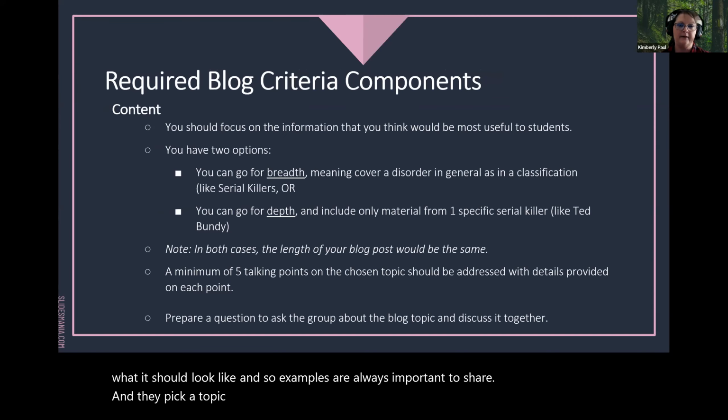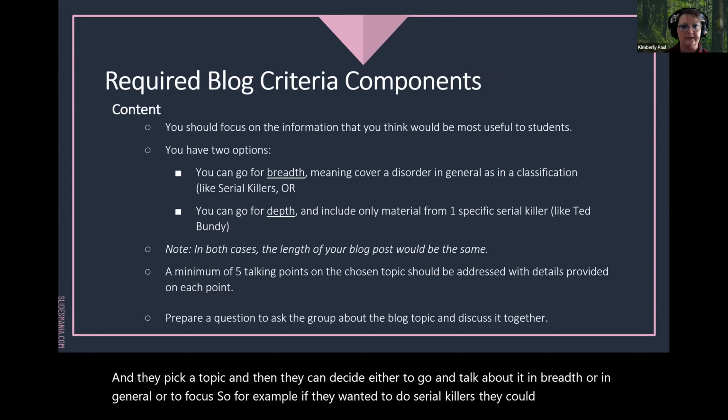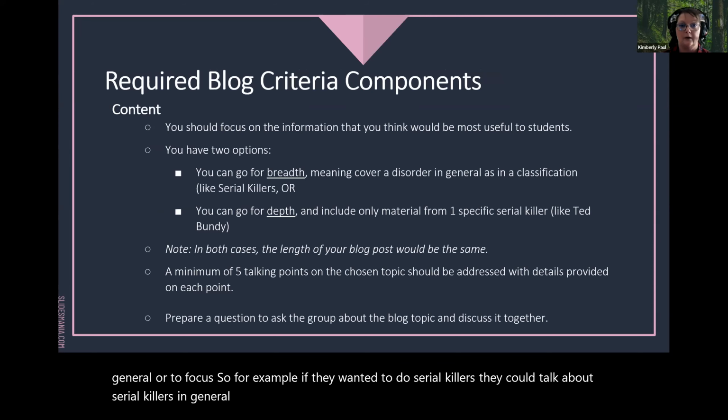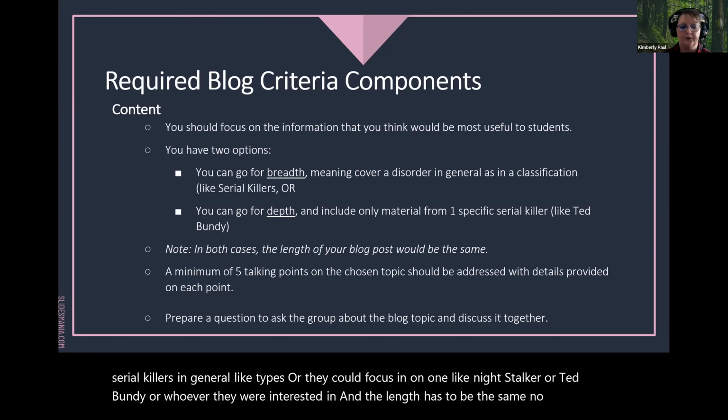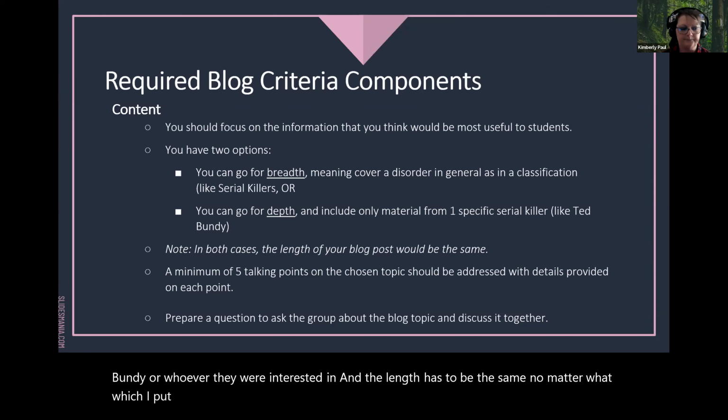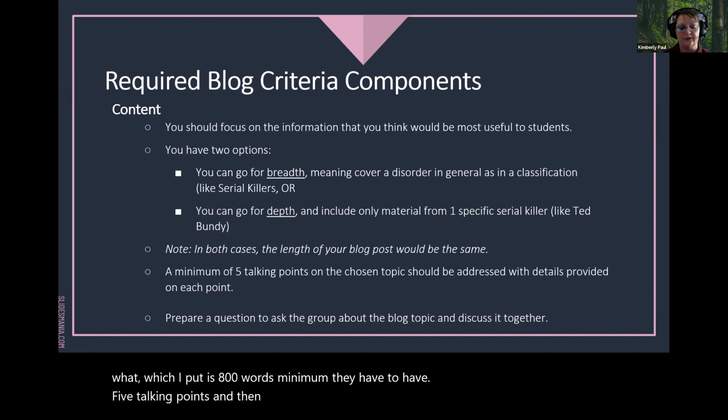So for example, if they wanted to do serial killers, they could talk about serial killers in general, like types, or they could focus in on one, like Night Stalker or Ted Bundy or whoever they were interested in. And the length has to be the same no matter what, which I put as 800 words minimum. They have to have 5 talking points, and then they had to prepare a question to ask the group after the group had read their